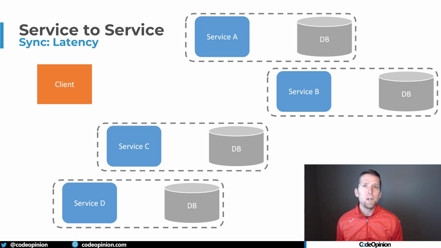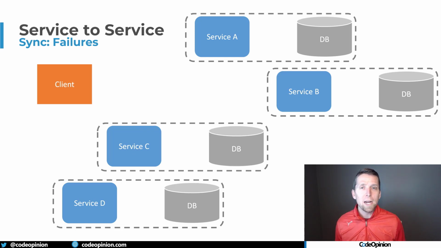Making all these different network hops from service to service to service without any visibility when you're making a call, say you're working on service A and you think you're just making a routine call to service B, you really don't know what's going on behind the scenes if it's just a free-for-all where any service can call any service. But it's not just latency, it's also failures. And because you have really no concept of what services are calling other services, this can get really out of hand. And how do you deal with these failures?